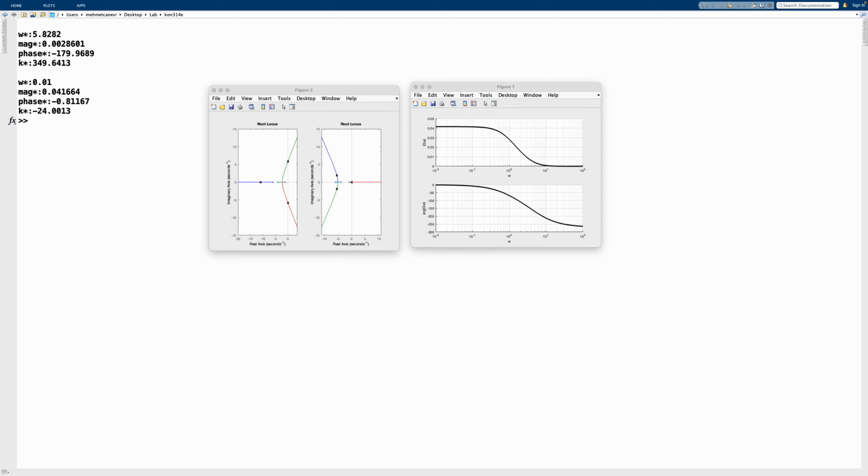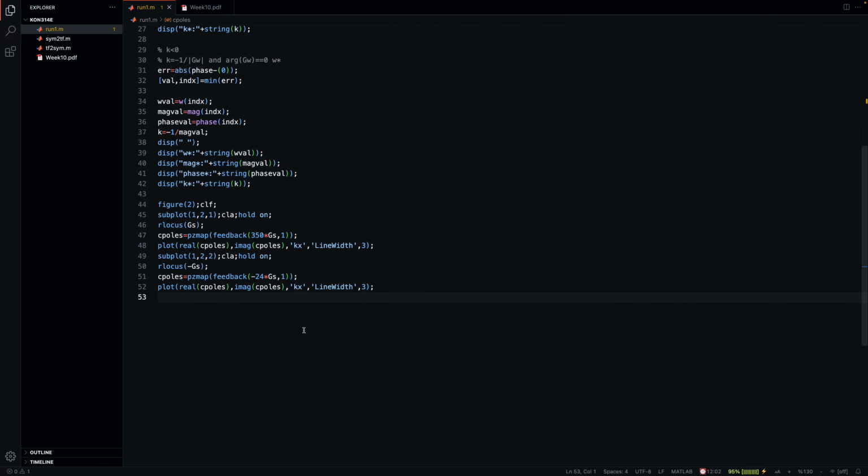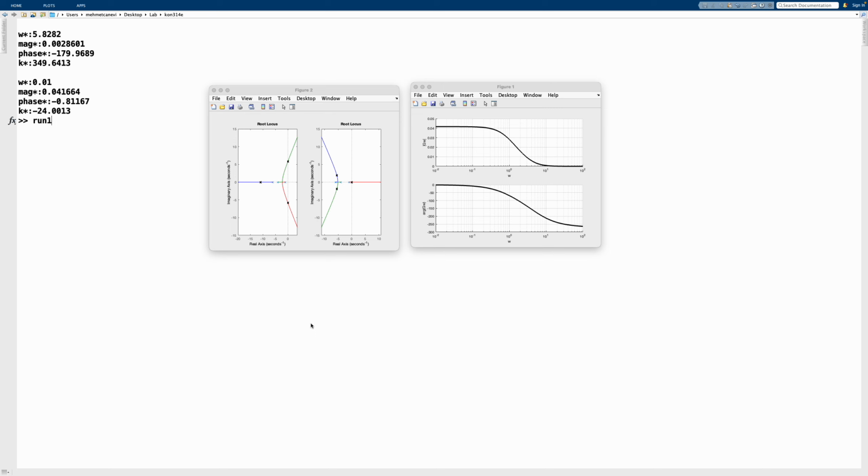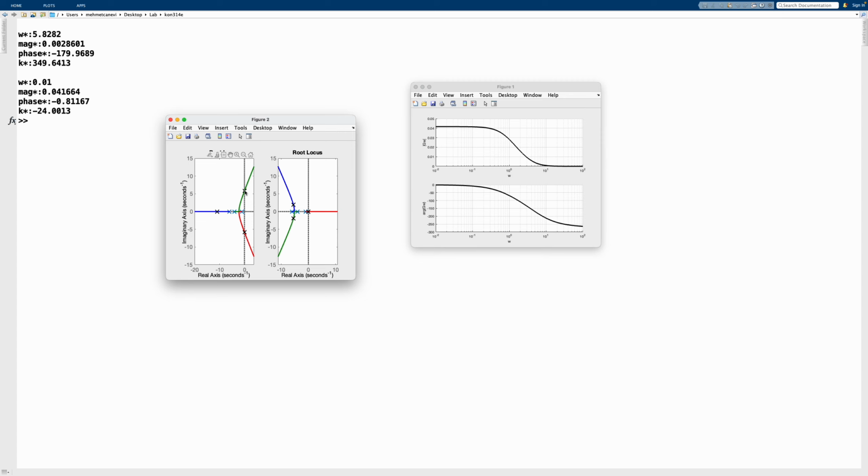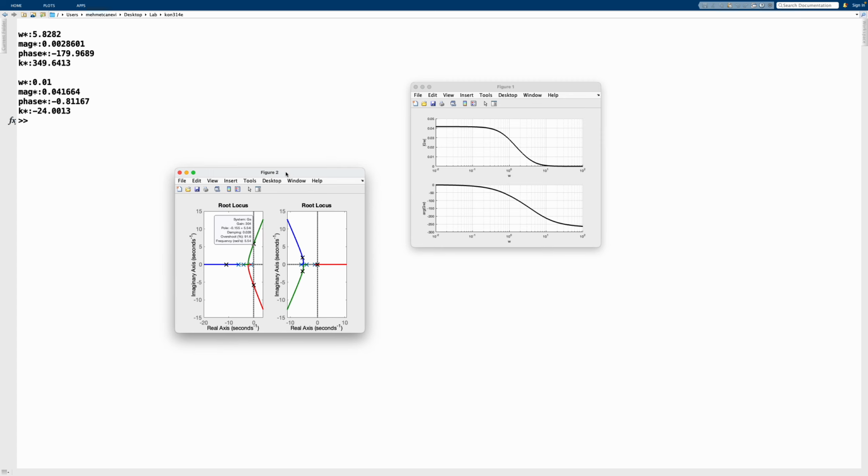Let me quickly find that. There we go. Let's actually apply this. Yeah, there we go. Now we can see actually that at this exact point we have our values, and interestingly enough, there's